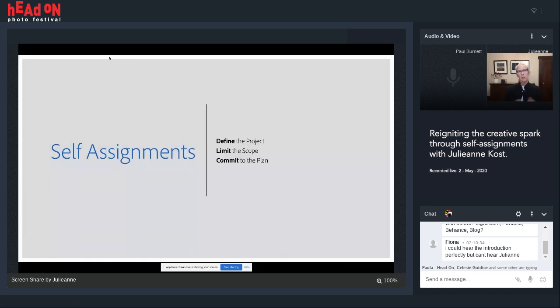Now, with a map, it's not that you always have to go from point A to point B. You can still take detours if you want to. It's just that you can make those detours and make those choices maybe with a little bit more knowledge and background so that you don't get off track. It's not to say that your projects or assignments can't evolve. It's just that if you know you're going from A to B, that map can help you get there a little bit more quickly. Okay.